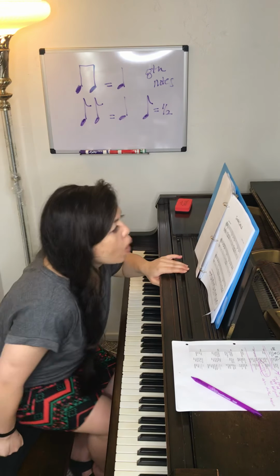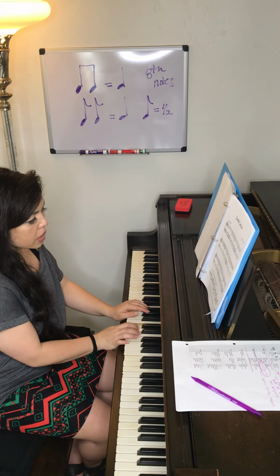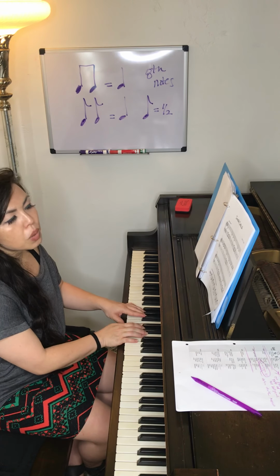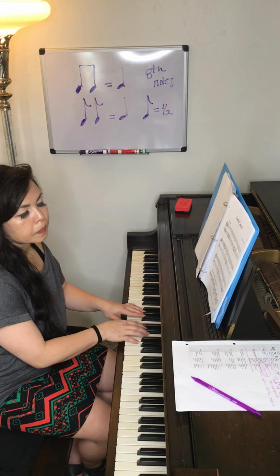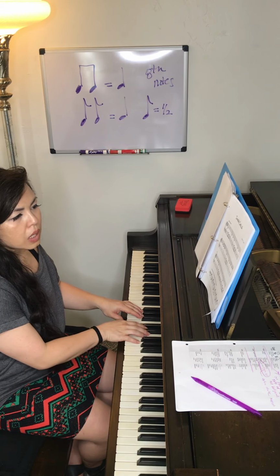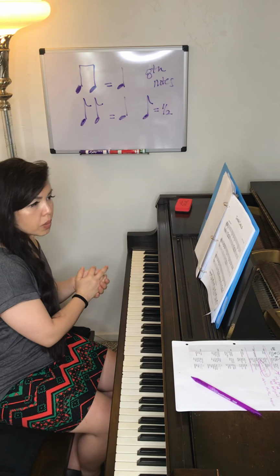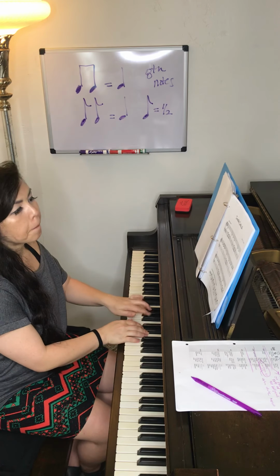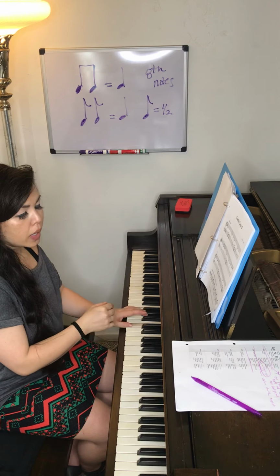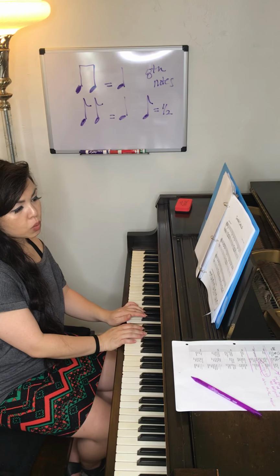So let me demonstrate what swing beat means, or rock beat. So you're gonna go C2, long, short, C2, C2. See how it kind of sounds jazzy? Now if I played it straight, like we've learned how to count eighth notes, it would sound like this. 1, 2, 3 and 4 and 1, 2. It loses that swing. So let's try to play this one all the way through